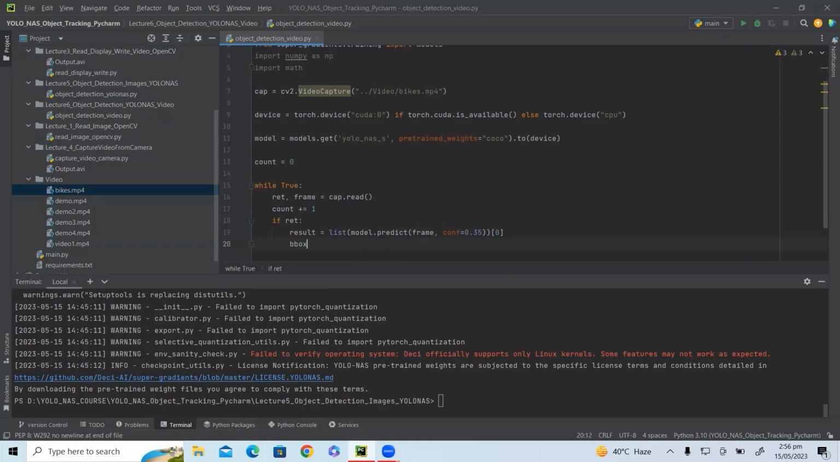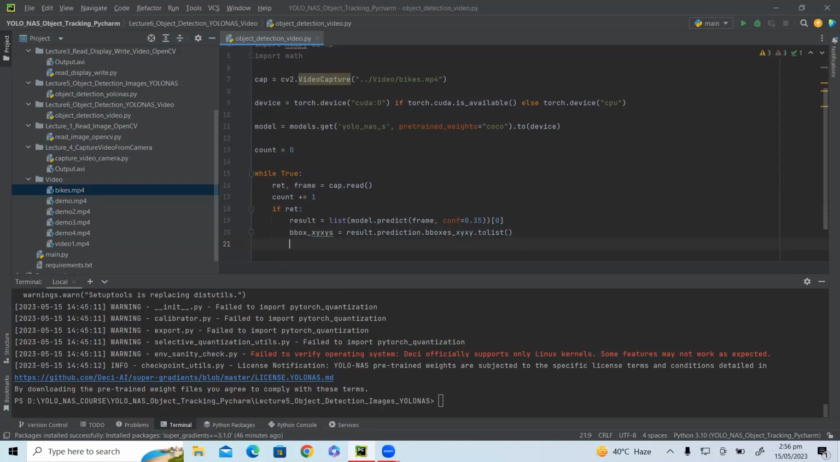So I will just write bbox_xy is equal to result.prediction.bboxes.xy.tolist(). Okay, and so this will give us the bounding box coordinates, and to get the confidence score now,